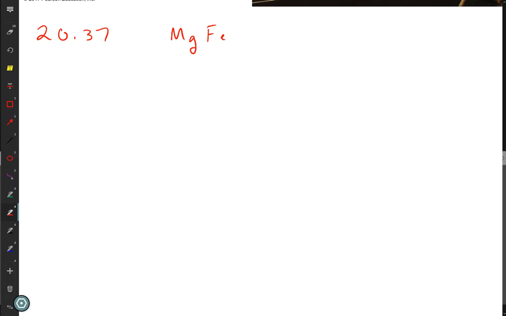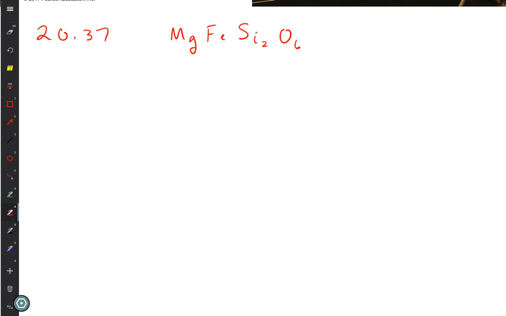Okay, so we have Mg, Fe, Si2O6, right? And so it gives us a hint. There's commas in between each of those. No, this is not the first reading, but the place where it gives us the compound. That's the pyroxene. Okay, so this is what we have, and we're told to put it in the form of, and I gave this